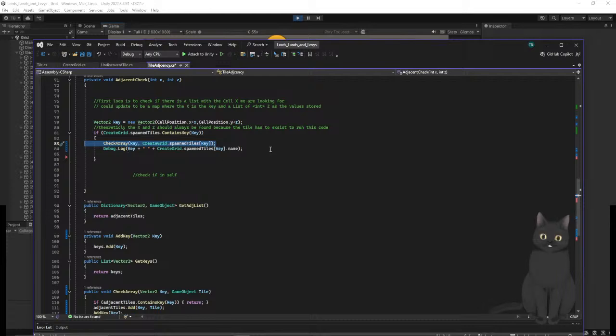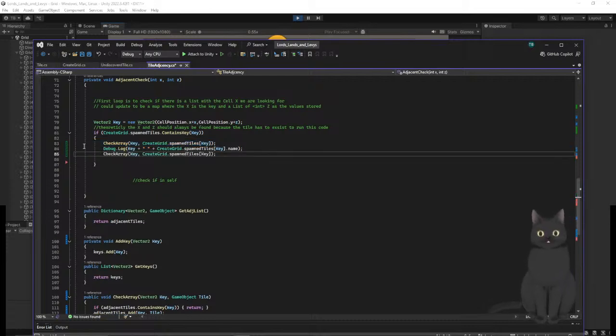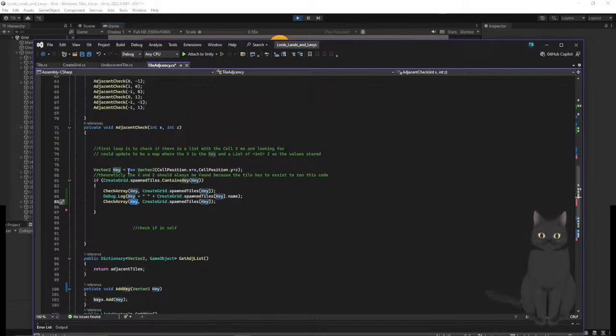And then we can also check array for the other one, which instead of key will be a new vector of this, except not adding the x and z to the vector. We're just plain position. And the key,